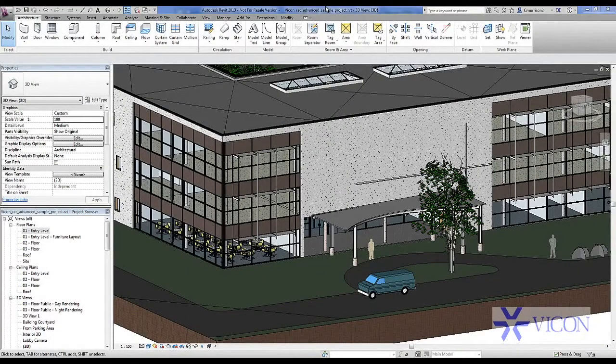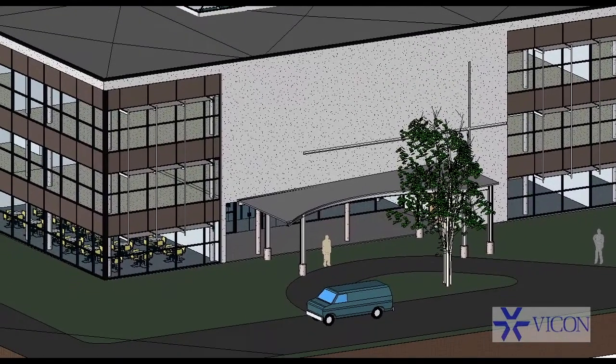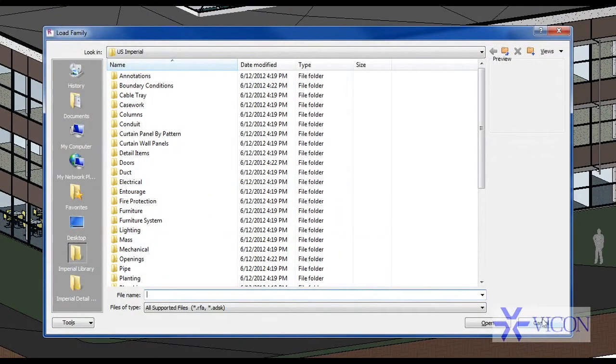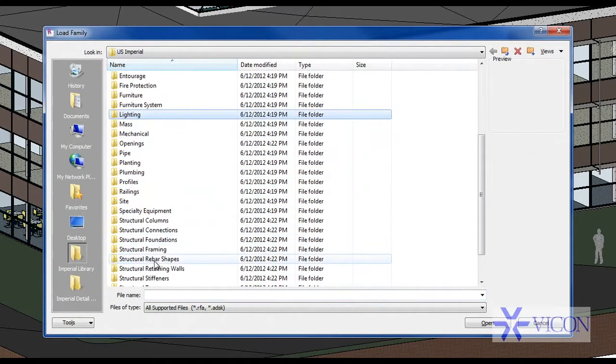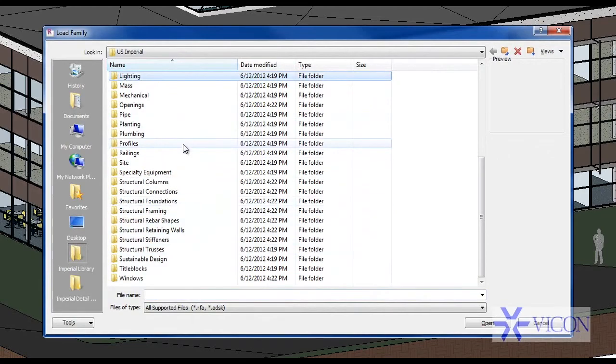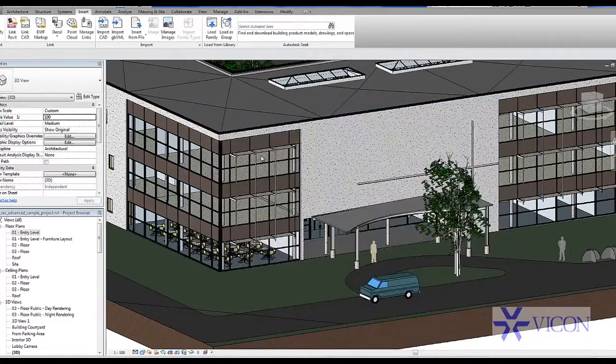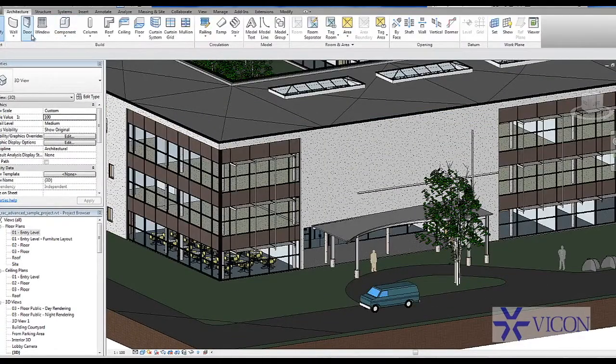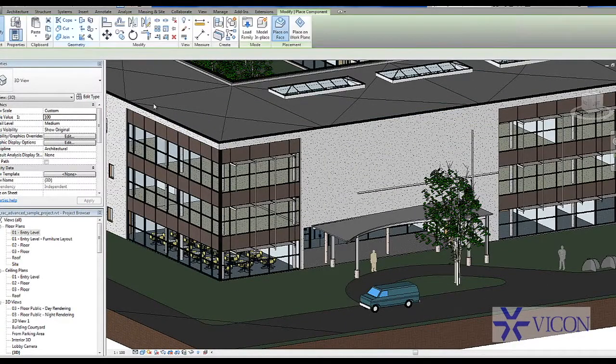This video is going to demonstrate the REVIT models that Vicon has created for a number of their security cameras. So at this point, I am going to insert, actually I've already inserted a number of cameras into this project, but a user would browse to the location where they saved those cameras, whether it's under a project folder or somewhere on their network. They could insert the cameras, and the cameras will come into their model as a component